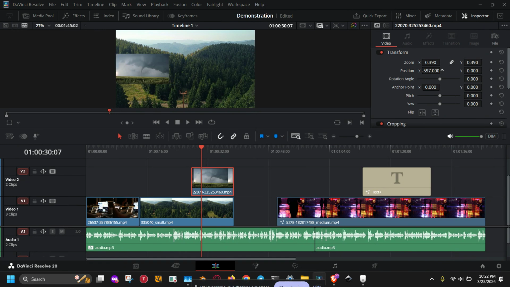After resizing, use the position X and Y values to move the clip into a corner or another open area of the screen. Usually the top right, bottom right, or top left works really well, but you can place it anywhere that looks clean and balanced. At this point, you already have a simple picture-in-picture layout, but DaVinci Resolve also gives you a built-in effect called